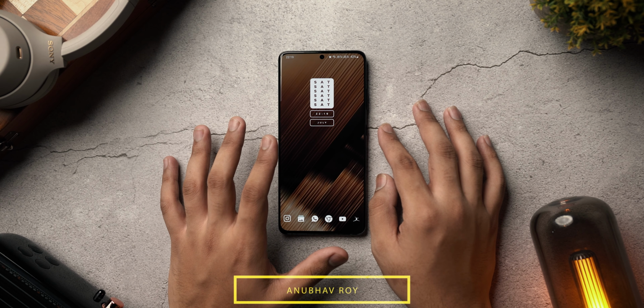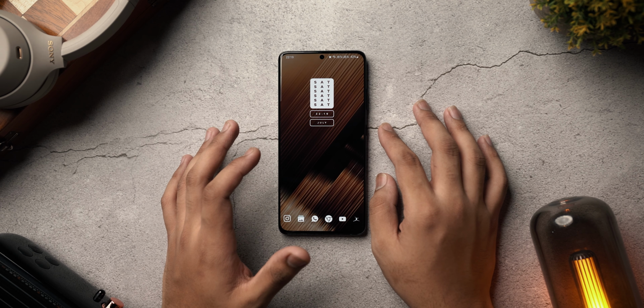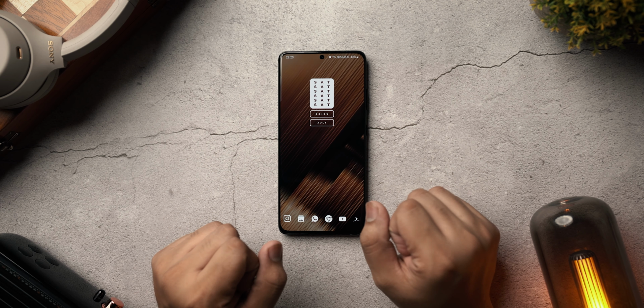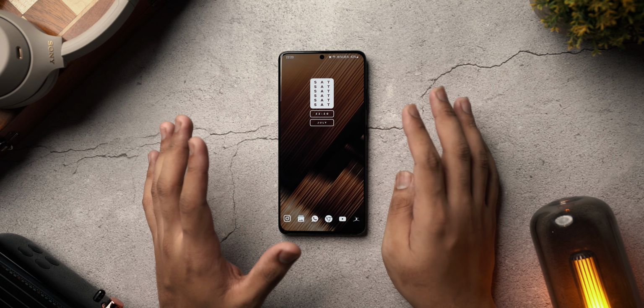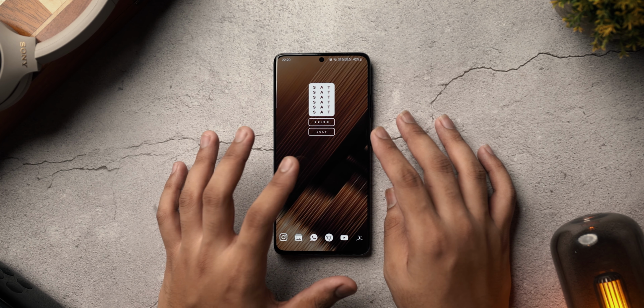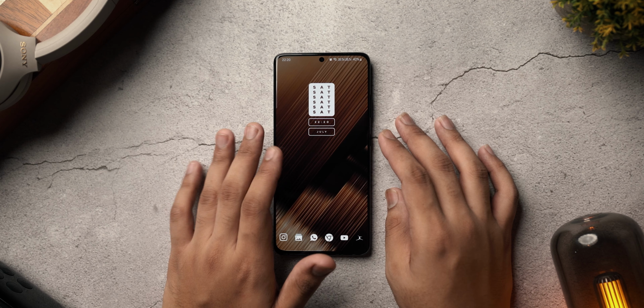You guys know how it is. It's about AR setups. This is episode 17. We're doing it after a long time, so hopefully you guys enjoy this one. Let's get started right away. Now in today's setup, we're going for a more white and brown aesthetic, as you can see right from the